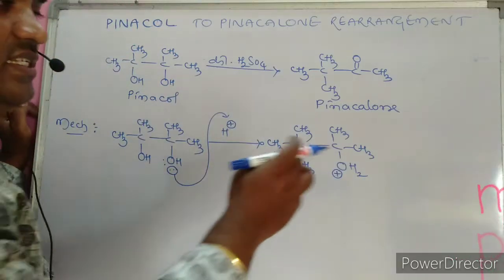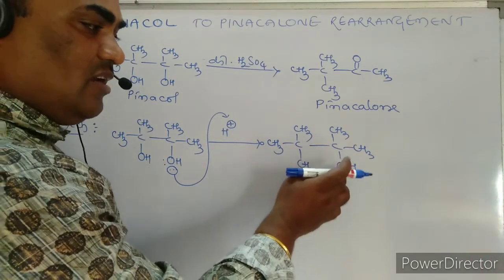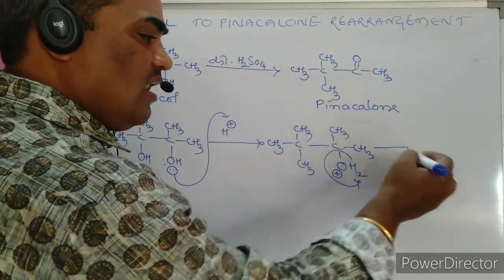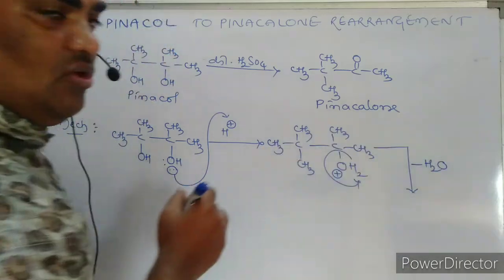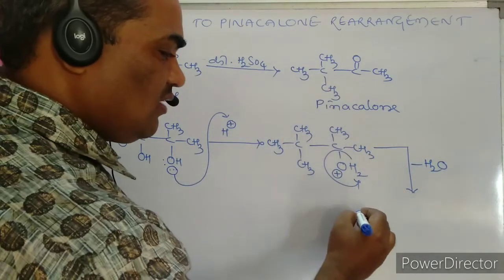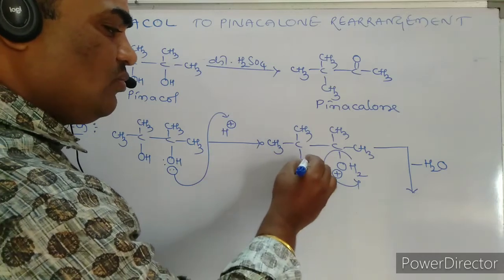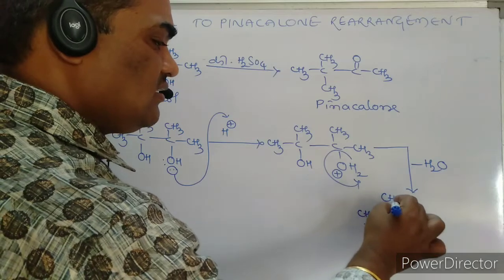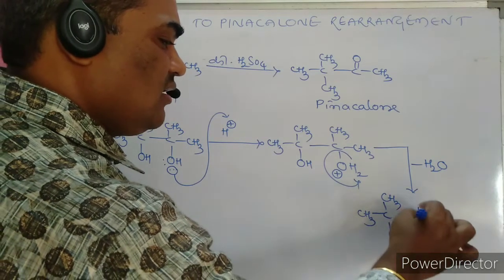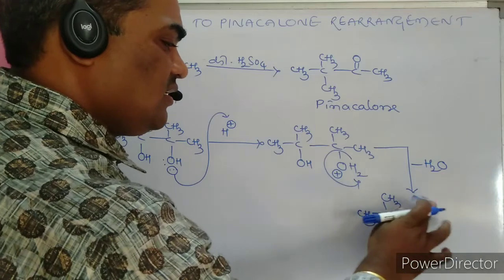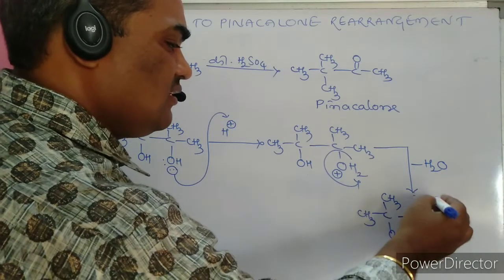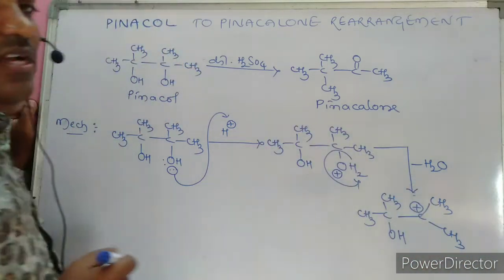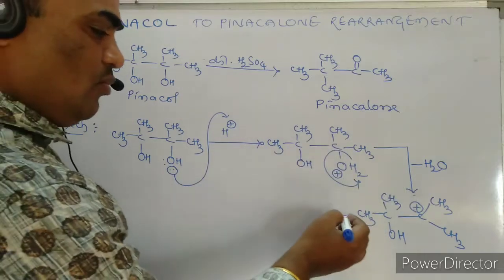We know well oxygen, since it is a more electronegative element, never appears as a positively charged one. By the loss of the H2O molecule, now the carbon carries the positive charge. Here the OH group is there, the carbon carries the positive charge, CH3, here is an OH group. Here the CH3 group is present, or for the sake of convenience, here is the methyl group, here is the methyl group. The carbon lost its electron, that's why it has a positive charge, a carbonium ion.